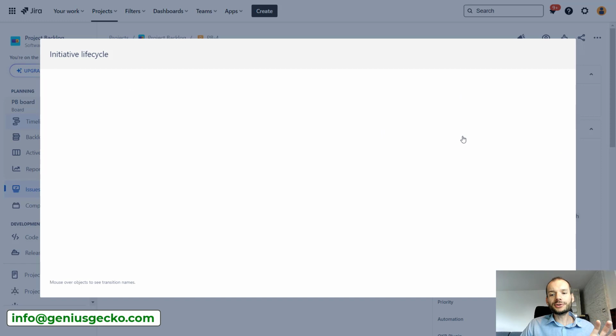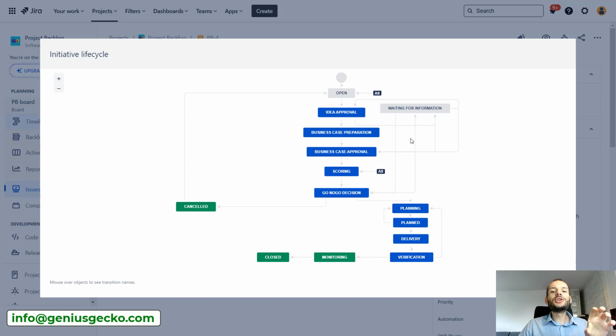Why? Well, first of all, to do this transition, this issue type, this initiative, had to go through the whole approval process. So it's not like we will be creating projects automatically right and left. It needs to go through the whole approval process, and then